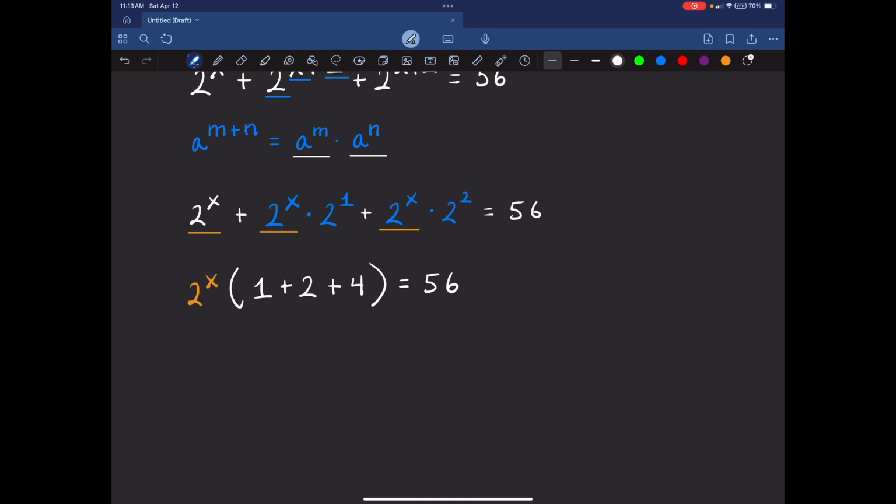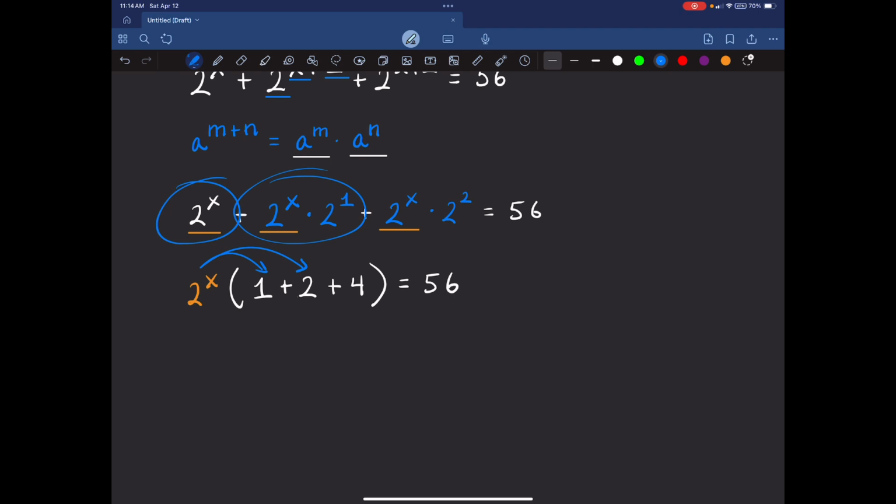And let's just double check, right? Let's just make sure that if we were to distribute this out, we would actually get the same thing. So if we brought this 2 to the power of x and multiplied it by 1, we would get our first term, 2 to the power of x. If we brought this 2 to the power of x and multiplied it by 2, we would get 2 to the power of x times 2, which is the same as 2 to the power of x times 2 to